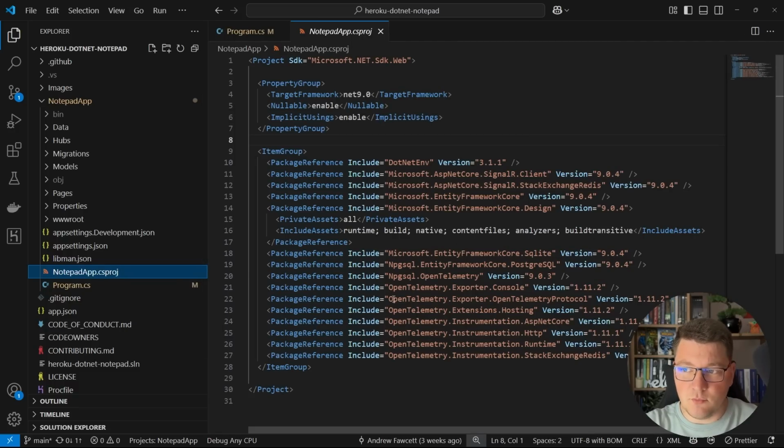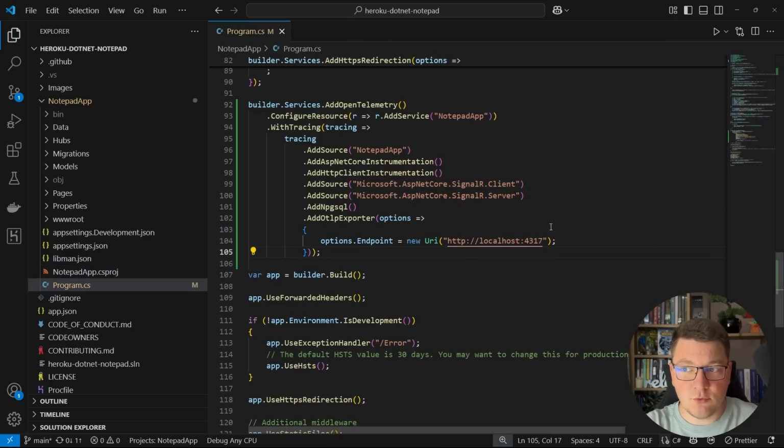Let me highlight the most important ones, which is the OpenTelemetry Exporter, OpenTelemetry Protocol, OpenTelemetry Extensions Hosting, which is going to run a background job that's going to actually export your telemetry data. And then we have some automatic instrumentation for ASP.NET Core, HTTP, Runtime, StackExchange Redis. There's also the Npgsql OpenTelemetry package, and you can use all of these to introduce automatic instrumentation into your .NET